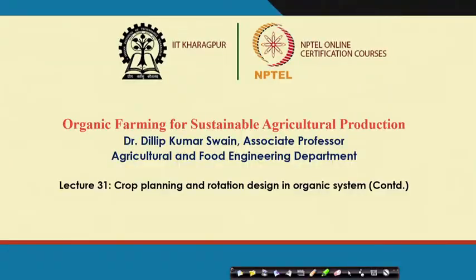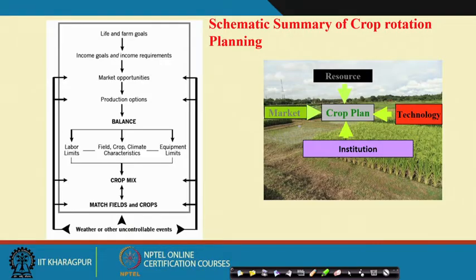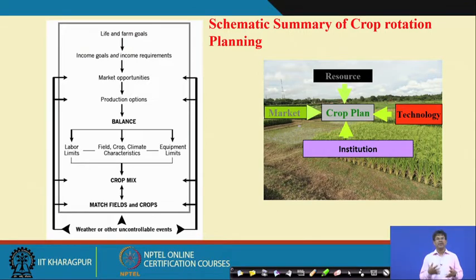If you are planning to convert your farm to organic, from the transition period to organic production, what are the management steps, and especially the crop selection, how can you select the crops? So you can have good economic returns, and at the same time a better quality of the products produced in organic farming. As I discussed in the last class, the crop mix, crop plan, crop combinations or rotations depend on four major components as you go for crop planning in the crop rotation plan. The components are resource, technology,